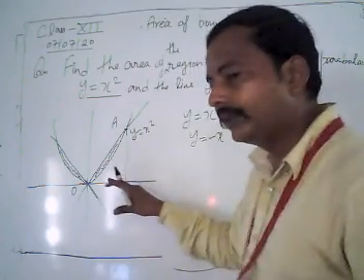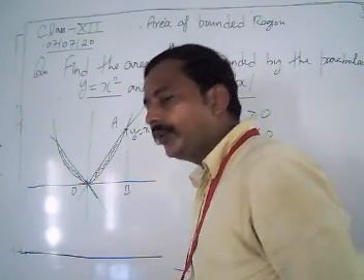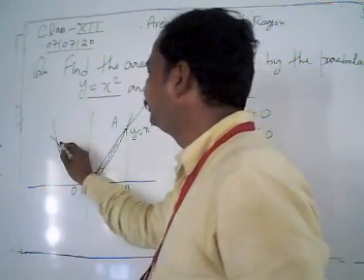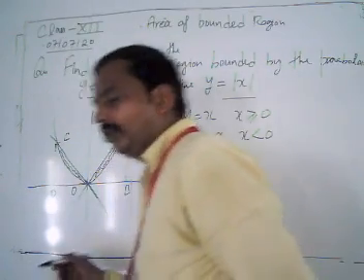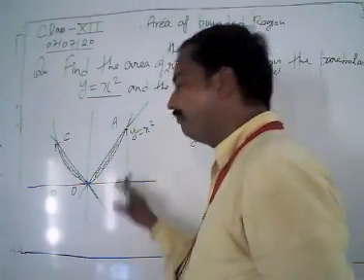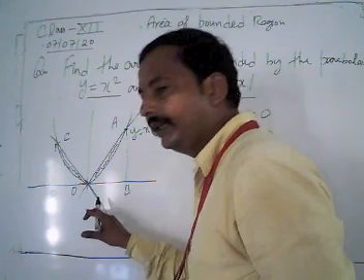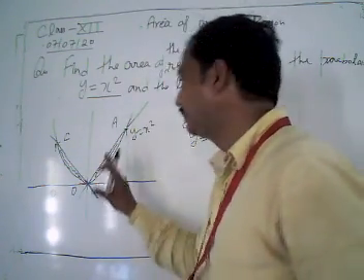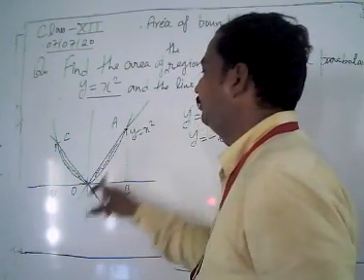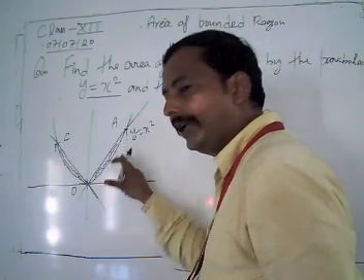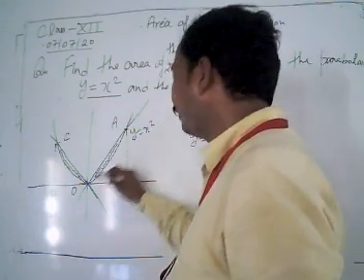Now look, it's a problem of symmetry. We are going to find the area of the region OAB, and take the other region as OCD. Since we are using symmetry, we are just going to multiply by 2 times the area of region OAB to get our required result. So we are just going to find the region OAB.